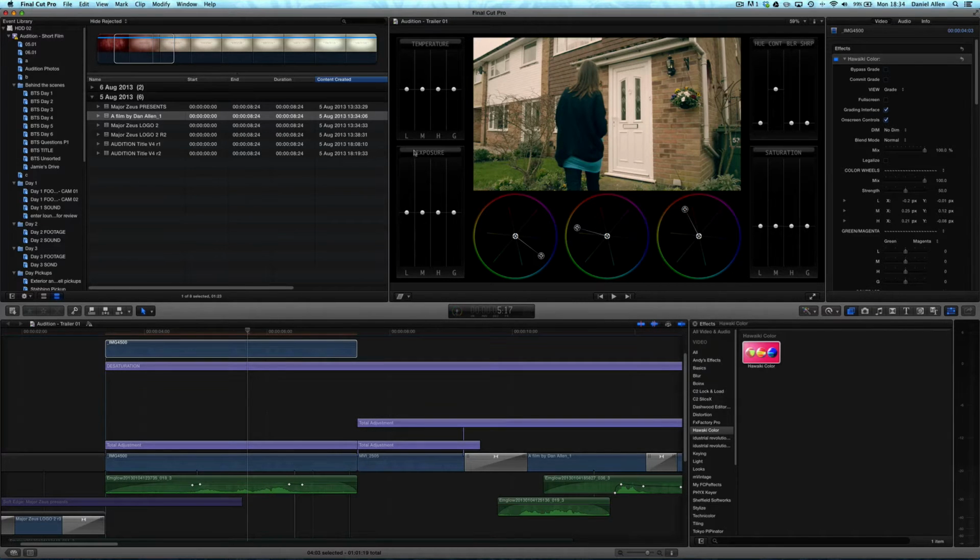Then we can play around with obviously exposure. Temperature is to do with the white balance. This is the global control, and then you've got the high, medium and lows, which is basically lows referring to the black area, the mediums referring to the greys, and the highs referring to the whites. And we can adjust them all with the global